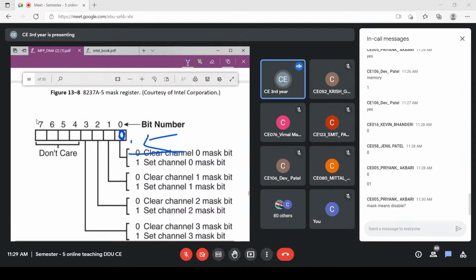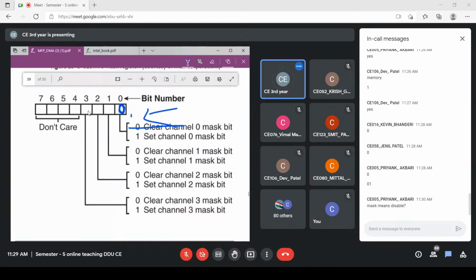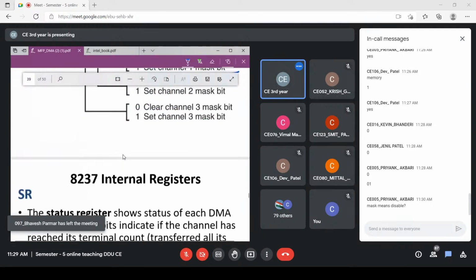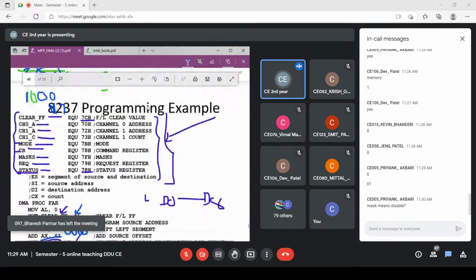Ideally, whenever this is the case, you can keep all the values 0. That means I want to enable all the channels. But if you want the request to be generated only from channel 0 and you don't want requests from any other channel, that is the thing that we want to handle here. So if I want to keep 0 only, then I will keep this 1, 1, 1. That means I am setting the mask here. Only 0 is enabled. This is the only enabled one. Okay. So that is what we are